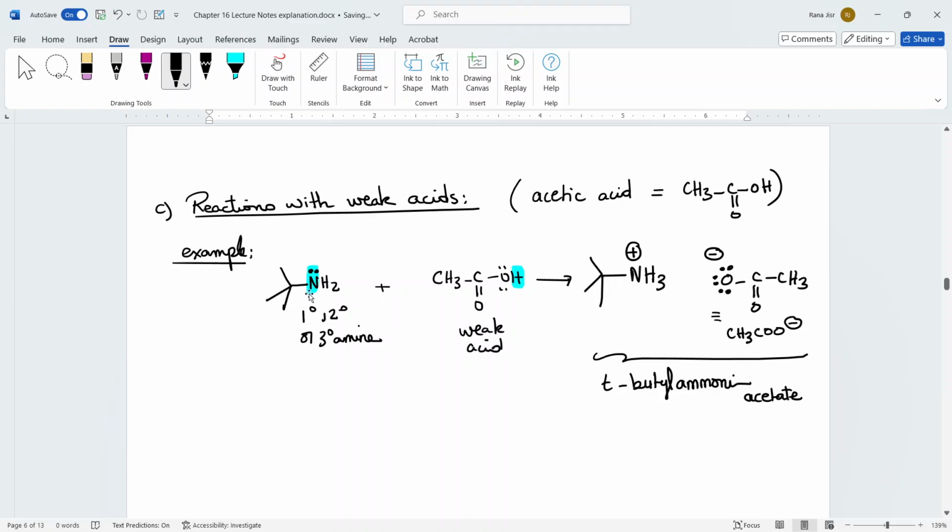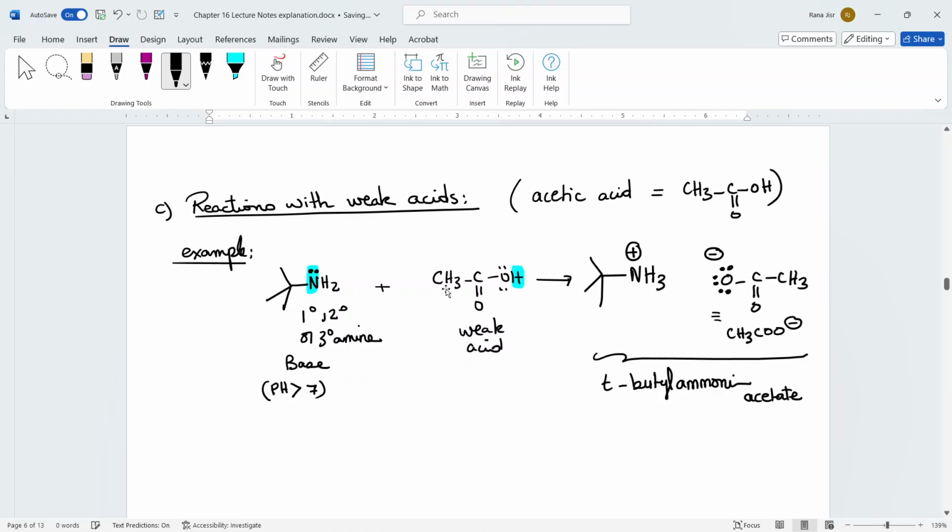So if I go ahead and react the base, I know that the base here has a high pH because it is a base. So its pH is going to be more than 7. 7 is neutral. So that is going to be my base, and the pH for this one is going to be higher than 7. Okay? So we're going to say that this base is going to have a high pH.